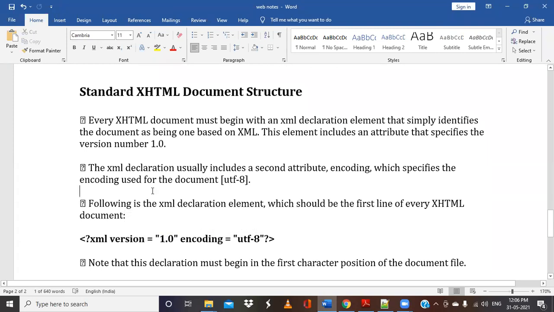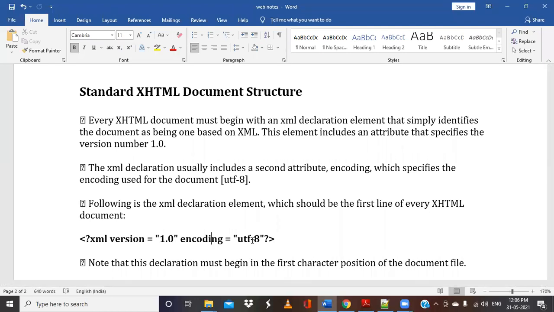So as we discussed, values should always be written in double quotes. So this is the XML tag, and then we have the attribute called version, and we are going to use the version as 1.0, and we have something called the encoding scheme. We have different encoding schemes, but for our examples, we are going to use UTF-8. I want you to search for the meaning of encoding and the meaning of UTF, so that you can do some exercises.